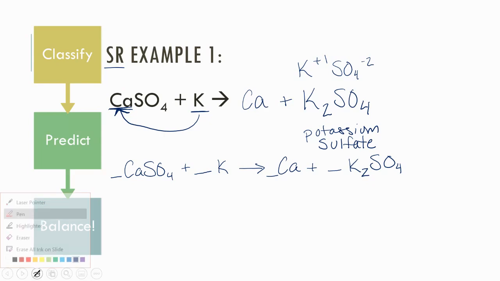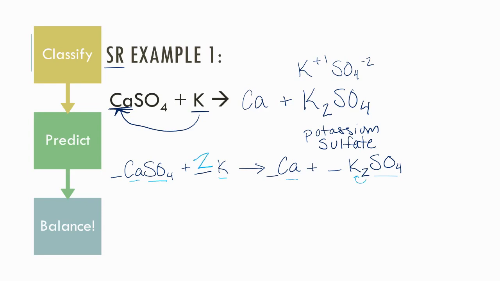All right, to balance this, we have one calcium, one sulfate, one potassium, two potassium. So this is actually pretty straightforward to balance. We put a 2 in front of K to balance that out. Remember, you can leave the rest of these lines blank, or you can put the ones on the line, whichever